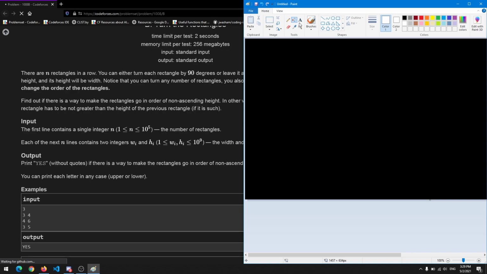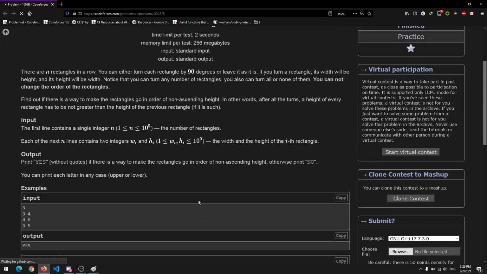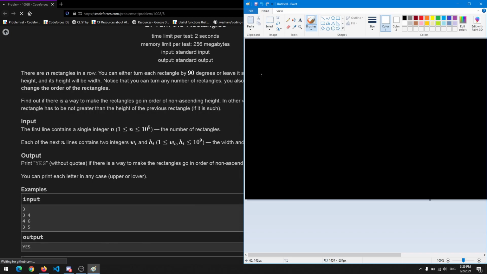So we had an array of, let's say, cards or something, rectangles. We had an array of rectangles with their height and width. And you had to arrange them in such an order that the pattern formed is in decreasing height. And you cannot sort them. I don't know why sorting is in the tags, but you cannot sort them. It's not allowed. They are in this order, so you can't change their order.